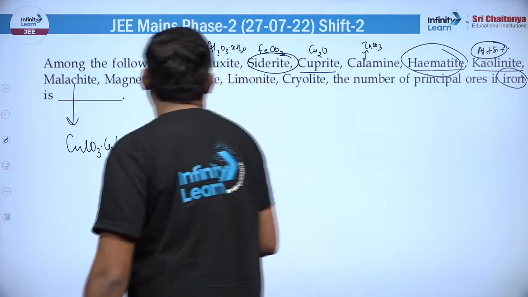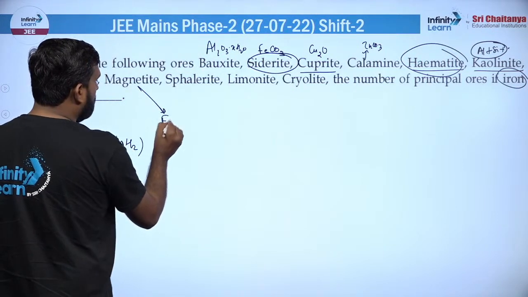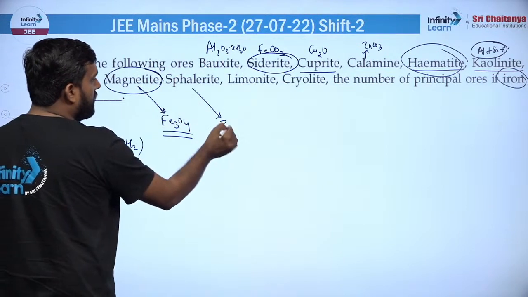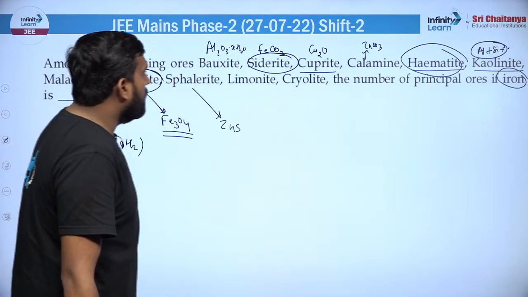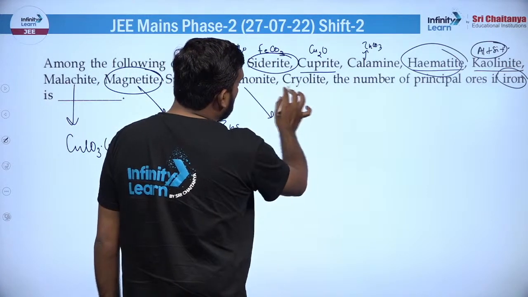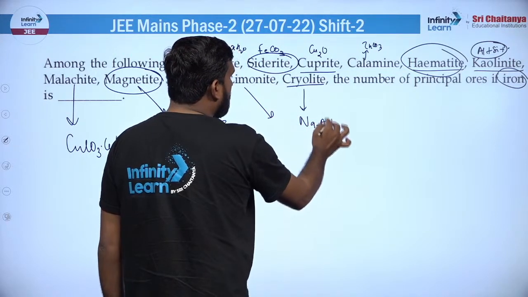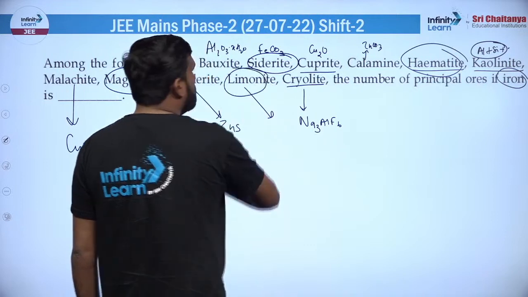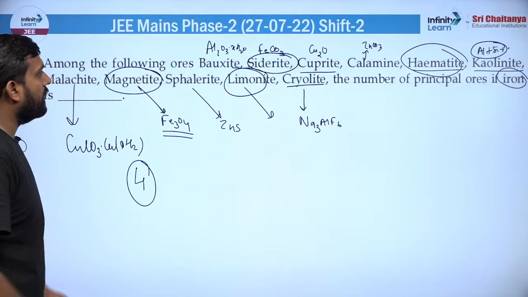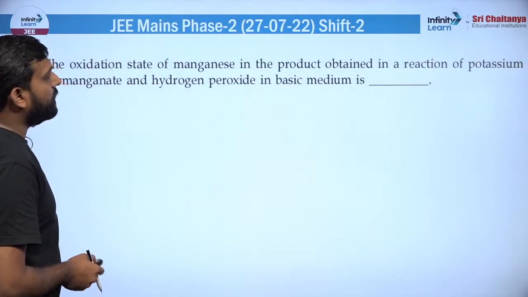हाँ 2 हो गए थे। मैग्नेटाइट इज अगेन बेसिकली आयरन ओर ओनली, ठीक है, तो ये Fe3O4 हो गया, तो ये भी है हमारे पास, ये भी आयरन का ही ओर है। स्फेलेराइट इज नथिंग बट जिंक ब्लेंड, ठीक है, जिंक ब्लेंड का ही नाम होता है। लिमोनाइट है ना हमारे पास, लिमोनाइट हो गया, ठीक है, और FeSO4, और ये यहाँ पर क्रायोलाइट है, क्रायोलाइट तो नहीं होता, ये Na3AlF6 होता है, तो ये एल्यूमिनियम का होता है। तो 4 हो गए टोटल ना, हाँ 4 हो गए, ठीक है, तो 4 आंसर आ जाएगा इसका, ठीक है। चलो आगे बढ़ते हैं।